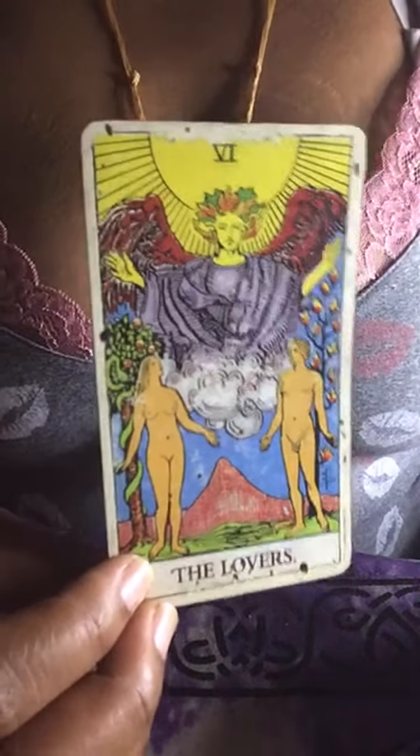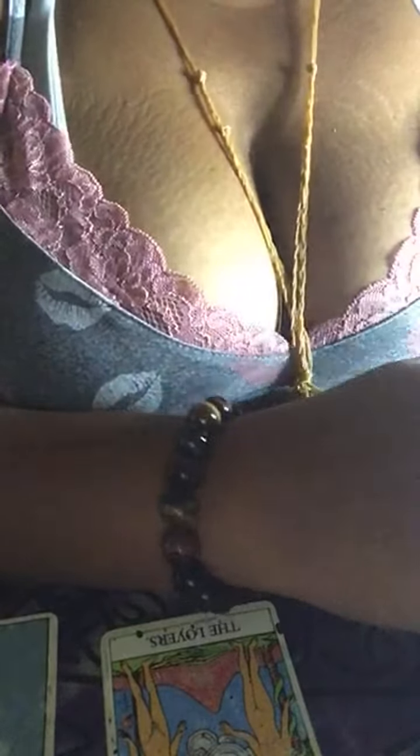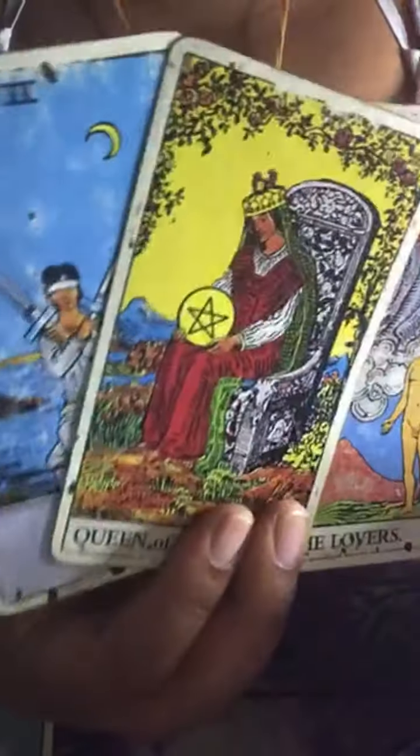Ashay with the lovers here. See, like you had to fight through something to get to something. What's this, lovers, please, Spirit? The Queen of Pentacles. Wow, in the upright position with the Two of Swords. Dang, you had to fight to get back to yourself, to restabilize yourself, to come into union with your own